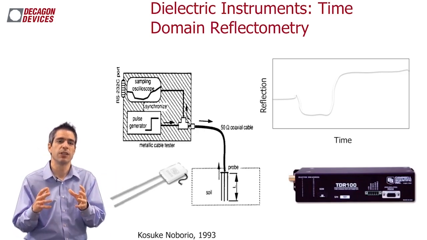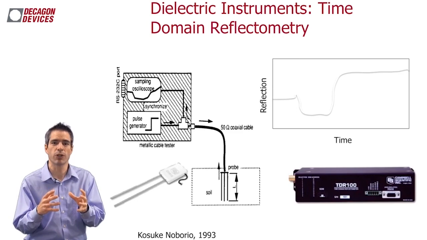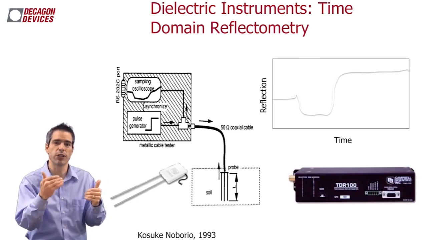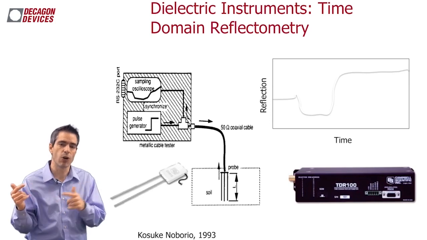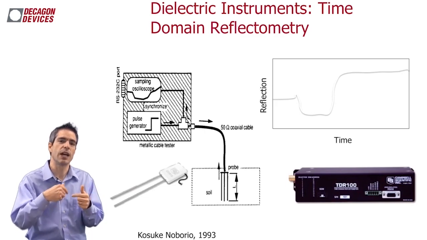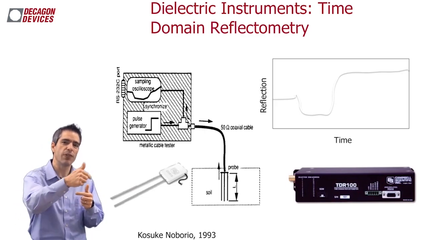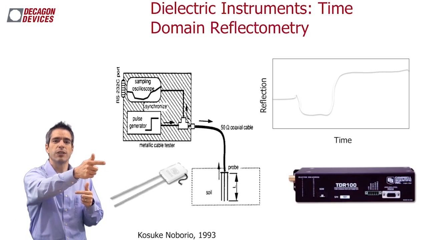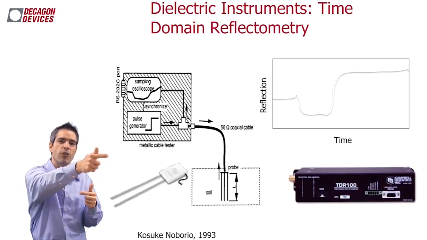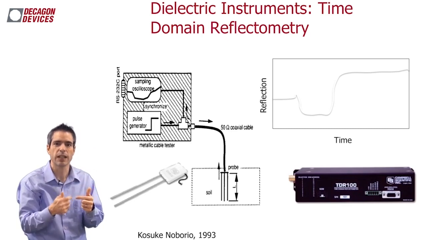Electric company workers needed to find where the cable was broken when they lost power somewhere. Instead of checking all these cables, they'd use these testers to send a pulse of energy out the cables, and the time it took for this energy to go out, reflect off the end of the cable and come back would tell them